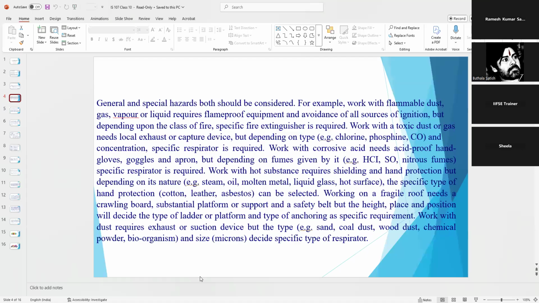Now we'll see some of the general and special hazards. Both should be considered. For example, work with flammable dust, gas, vapor or liquid requires flame-proof equipment and avoidance of all sources of ignition. If there is a presence of a flammable atmosphere, either dust, gas or vapor, we have to avoid non-sparking tools, and also we have to avoid the source